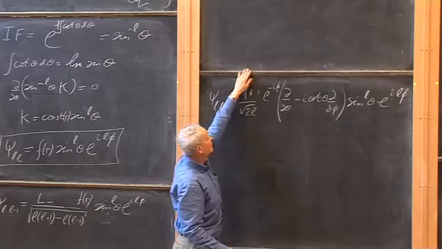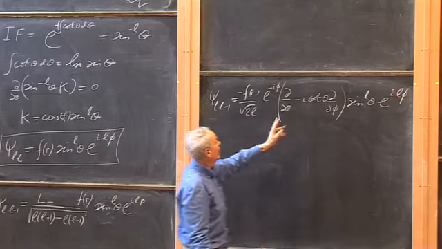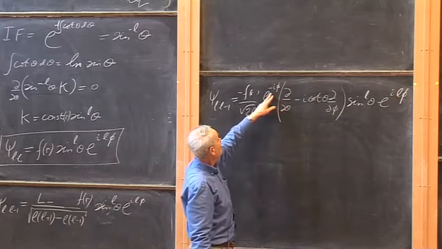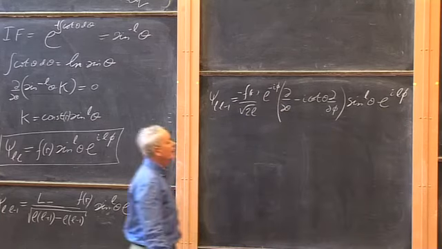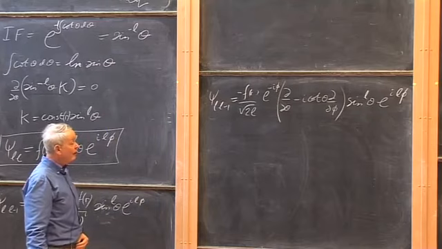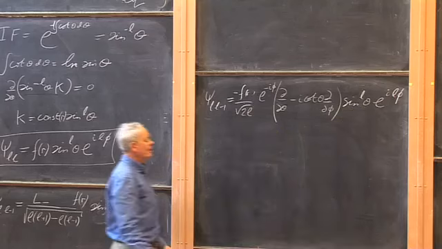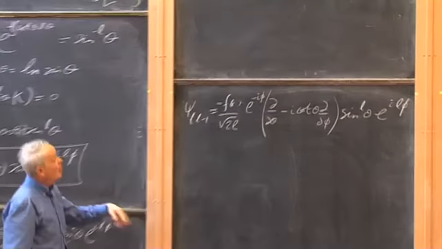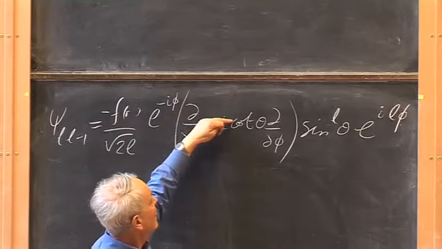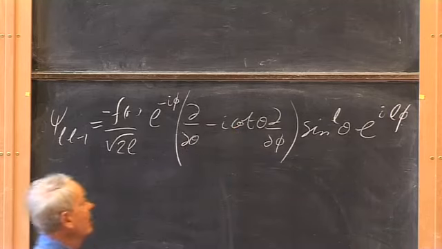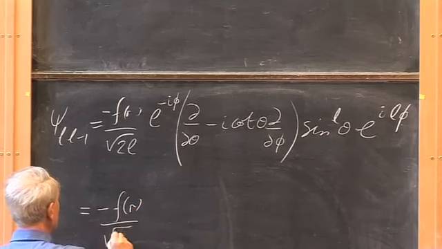And what are we going to get? This d by d phi will again bring down an L, and then this exponential will take 1 off that, so we'll end up with something that goes like e to the i L minus 1 phi. This will differentiate sine to the L and produce L sine to the L minus 1 times a cosine. This cotangent, multiplying that, because this is cos over sine, will again produce a cos times sine to the L minus 1. So the whole thing is going to be minus unspecified function of radius over the square root of 2L